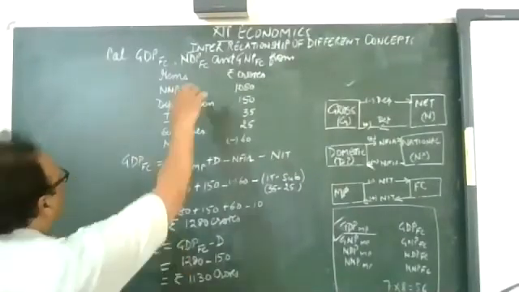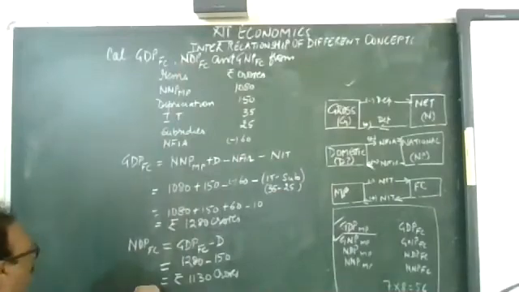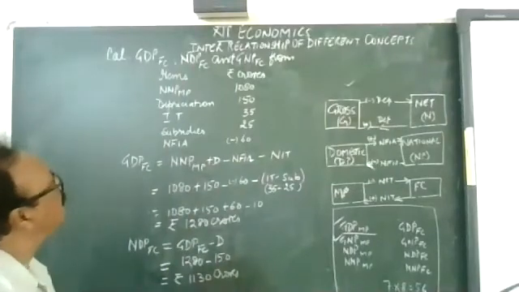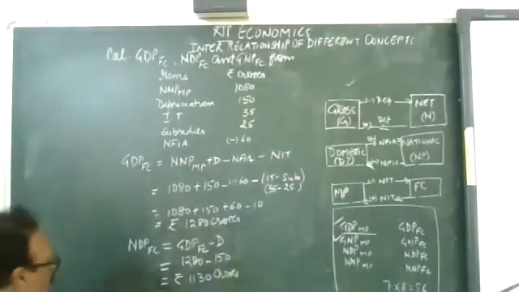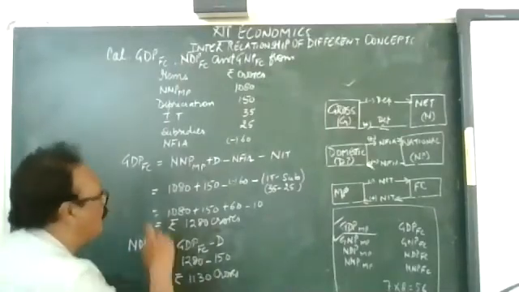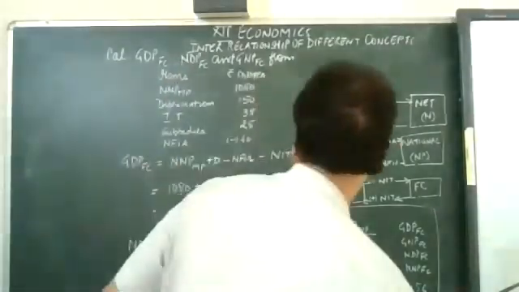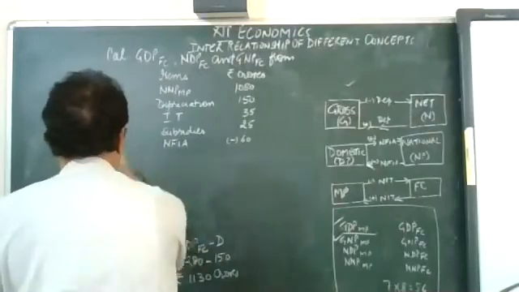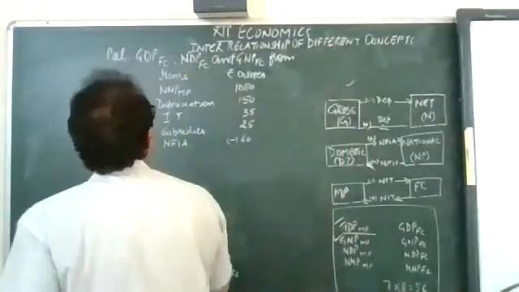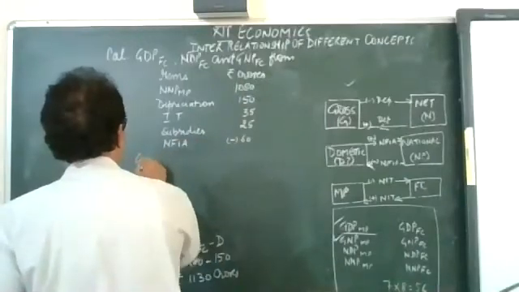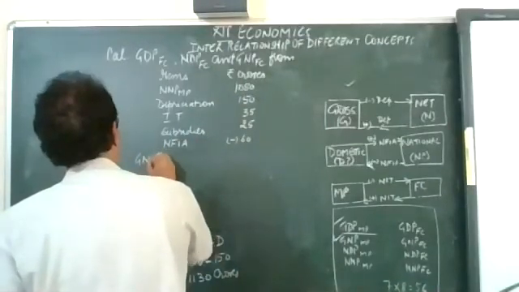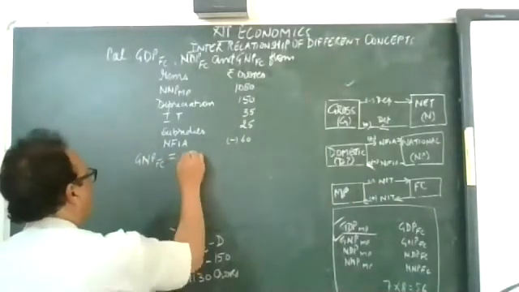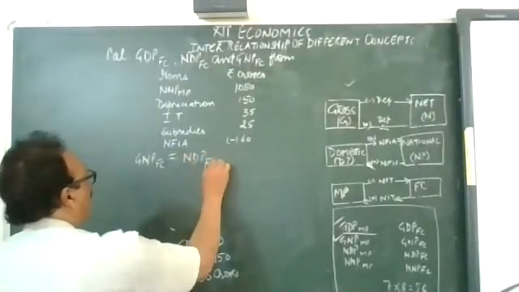Clear? Third, what do we have to find out? GNP at factor cost. Can I write this part out? NDP can be seen over here? No, I have to write this out. I'm writing out this question. GNP at factor cost. What do we have over here? NDP at factor cost. We can calculate for GNP at factor cost, no problem.